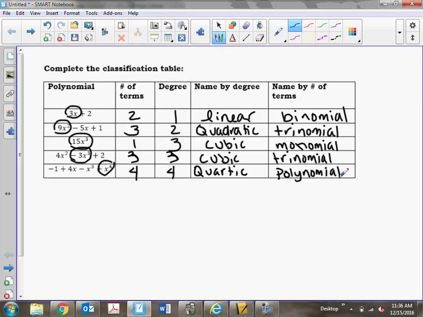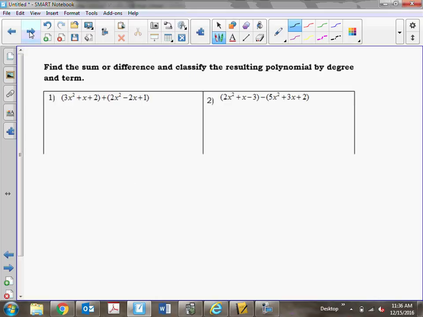Now that we have practiced classifying them, we are going to go ahead and practice adding and subtracting. So if we take a look at the first example right here, we have the quadratic trinomial 3x squared plus x plus 2 added to the quadratic trinomial 2x squared minus 2x plus 1. When we are adding